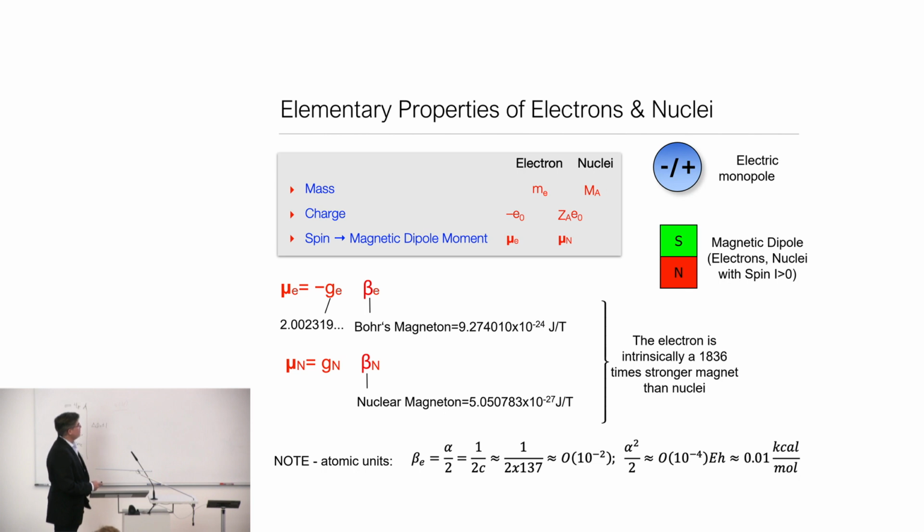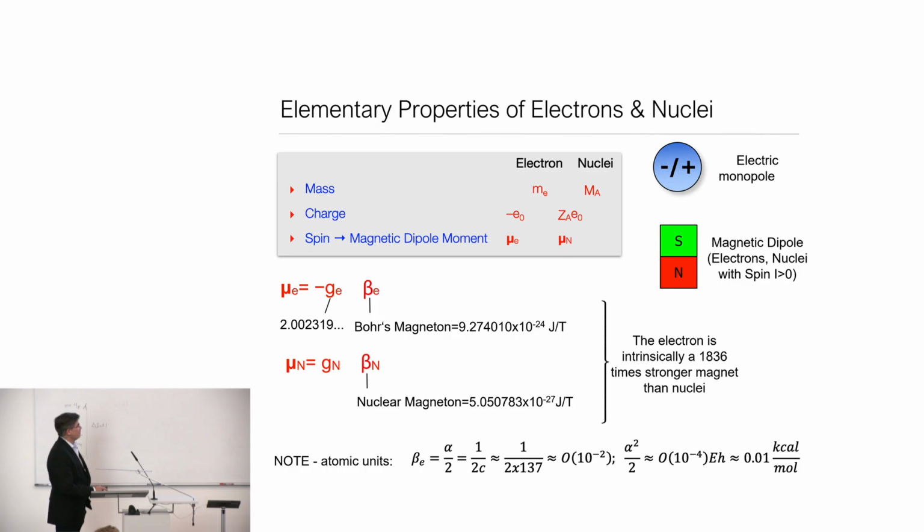the important constant that we have to deal with is the fine structure constant, and here the Bohr magneton in atomic units is 1/2 the fine structure constant, and the fine structure constant is 1 over the speed of light. And the speed of light in atomic units is 137. That's a very big number, meaning that the fine structure constant is on the order of 10 to the minus 2 in atomic units. And most of the effects we're looking at are on the order of alpha squared, the fine structure constant squared, and that is on the order of 10 to the minus 4 Hartrees,